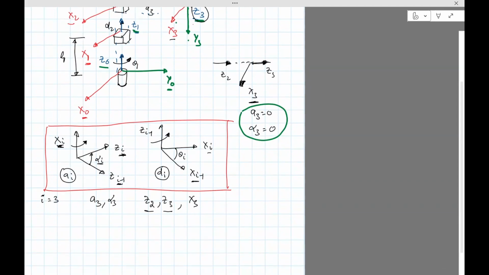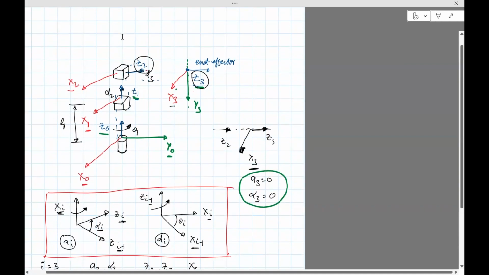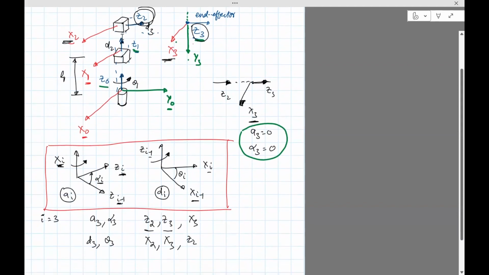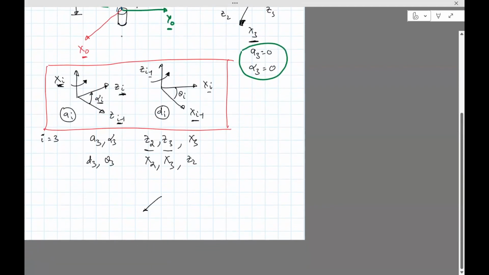Next, let's compute what D3, theta 3 is. So I put I equals 3. So 3 minus 1 is 2, X3, Z2. I need to compute the relation between X2 and X3 along Z2. X2 is here, X3 is here, and Z2 is here. So I'll draw that down: X2, X3,